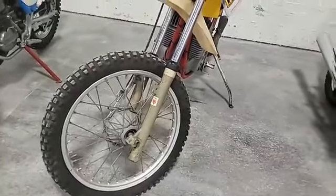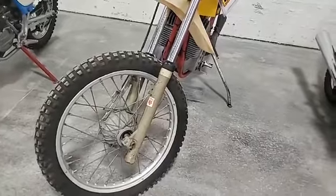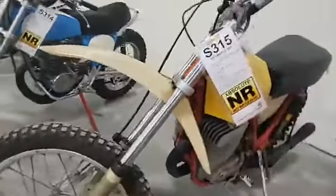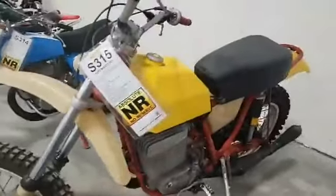Fox. Well, no, they're not Fox forks. They look like Marzocchi forks to me. But anyway, here it is, a 73 501,